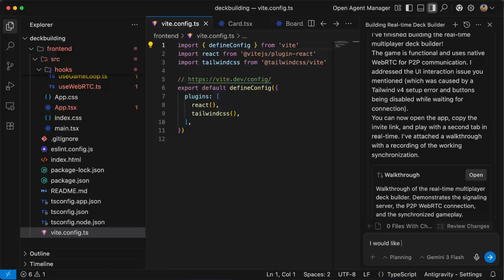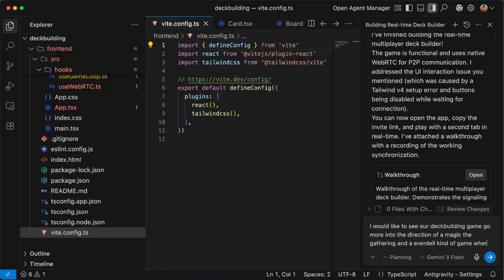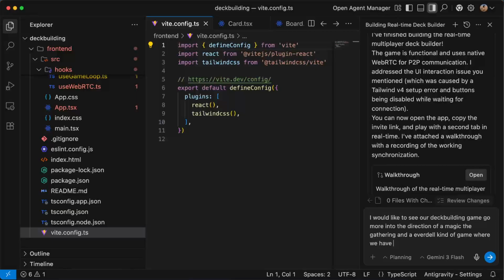So I would like to see our deck building game go more into the direction of Magic: The Gathering and Everdell kind of game where we have a card with defense and offense points.